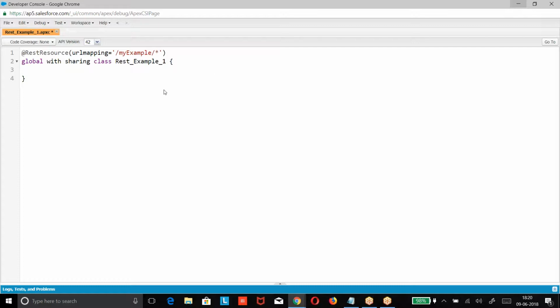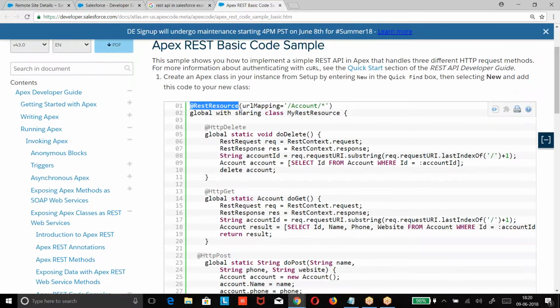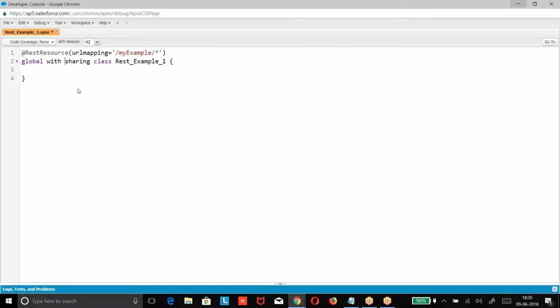Why a with sharing class? The reason for writing with sharing is so that the request will be performed as per the profile of the user who is running. Don't show the entire data. Grant him only the data he is allowed to, and allow him to perform only the operations he is allowed to. If I don't write with sharing, he will be able to access everything. I don't want this guy to access everything and perform everything. I want him to perform what I want him to, and see the data I am allowing him to. That is the reason we give a REST class with sharing.